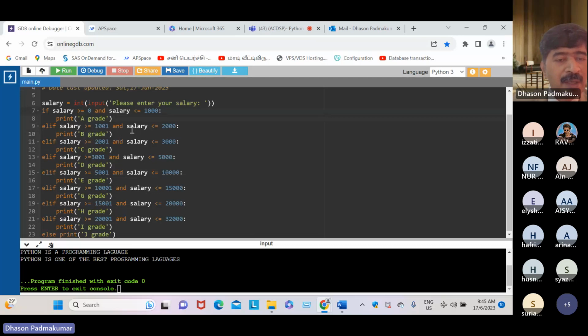This is a less than or equal to operator, so we must put the symbol like this, and next to 3000. See, the spacing is important, a single space.